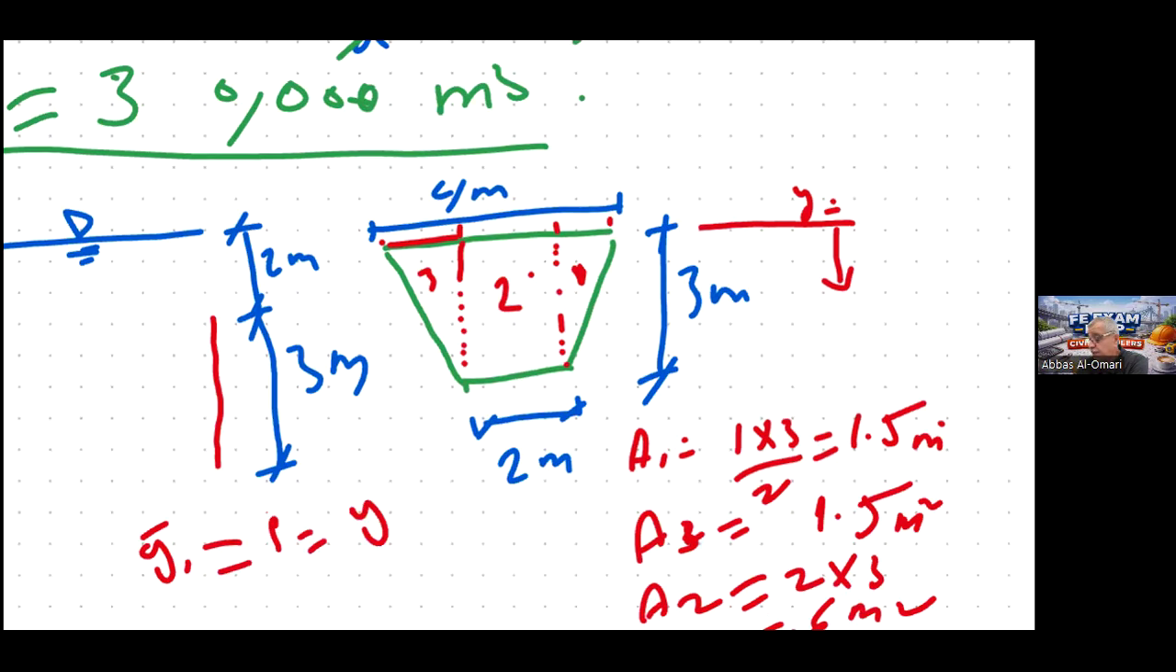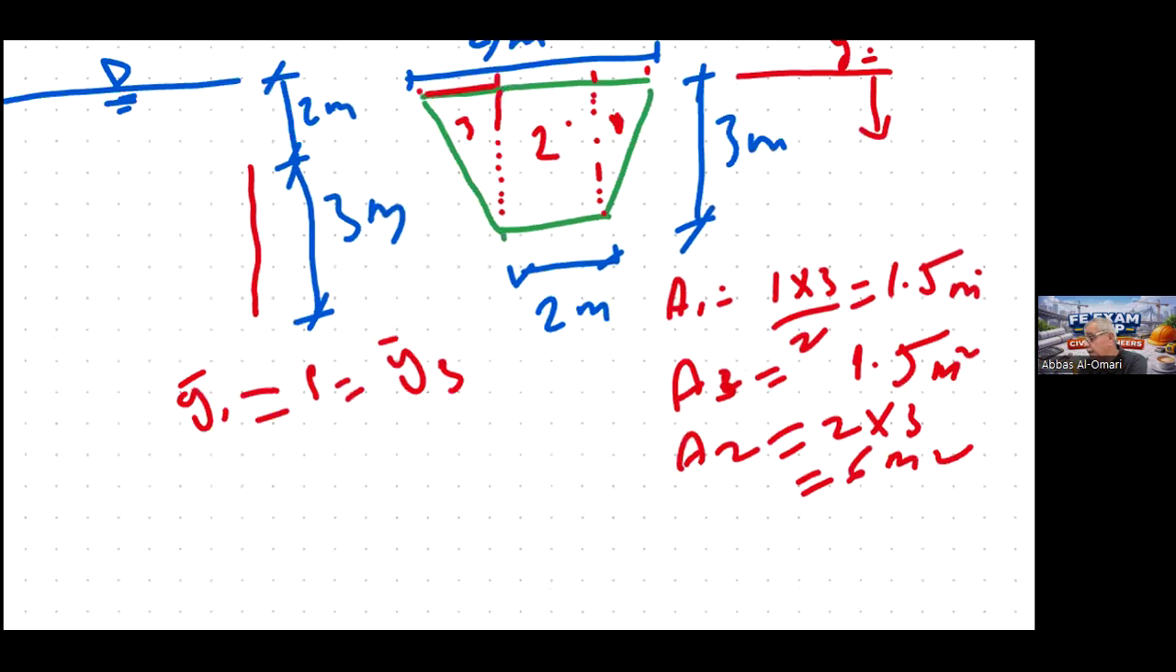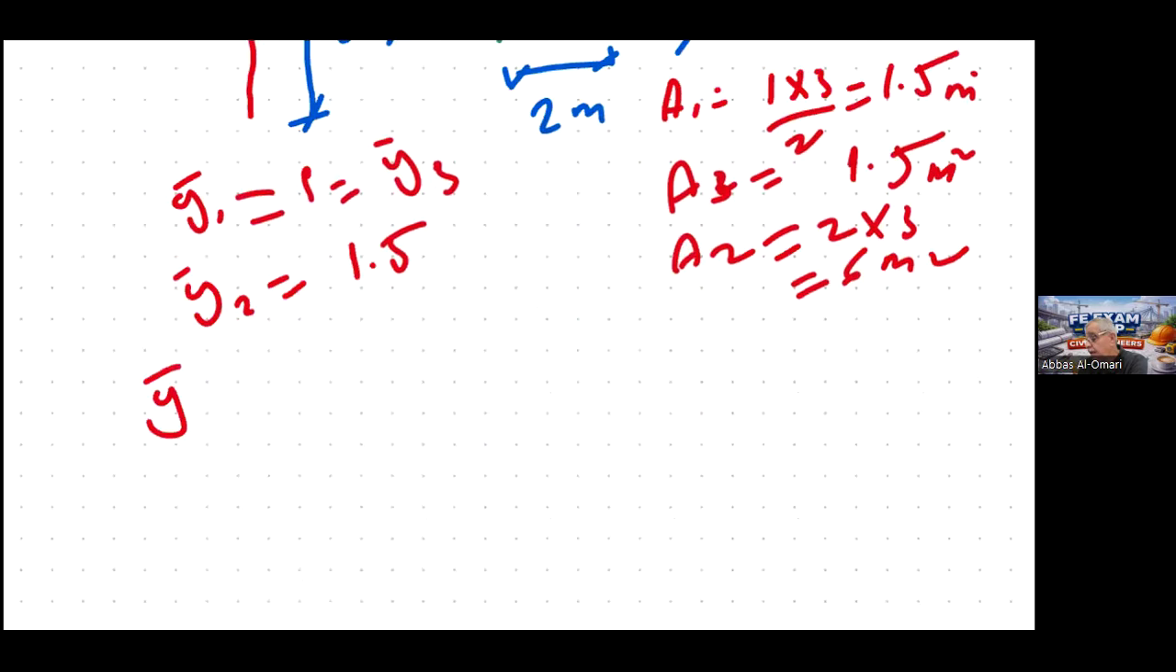Now Y bar 2 is a rectangle. So Y bar 2 equals 1.5, 3 over 2, at the center. So Y bar for the gate equals A1, which is 1.5, by 1, plus 1.5 by 1. So this is by 2,